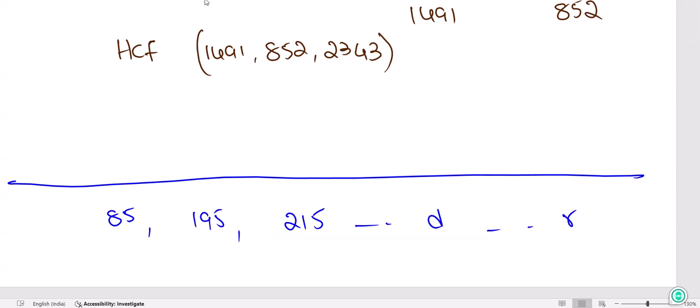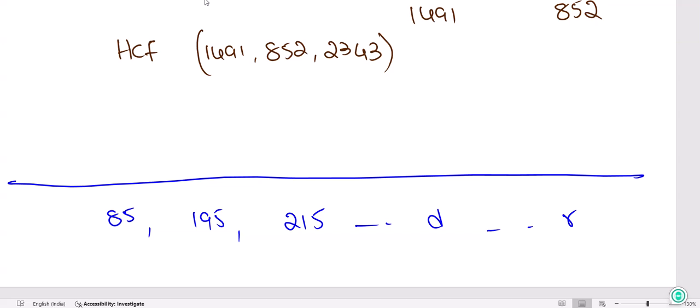Here this is in terms of thousands. We'll discuss that question, but to understand the procedure, first thing, procedure is high priority. So I'm taking small numbers for your better understanding. Let us say 85, 195, 215. All these are divided by the greatest number d. D is the greatest number which can divide all those things, and it's producing remainder